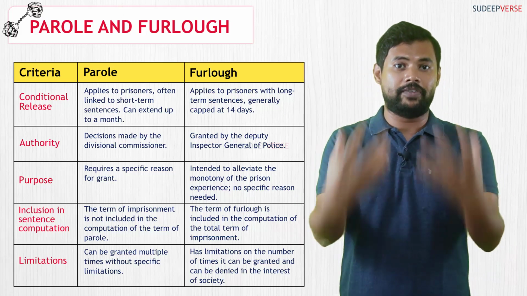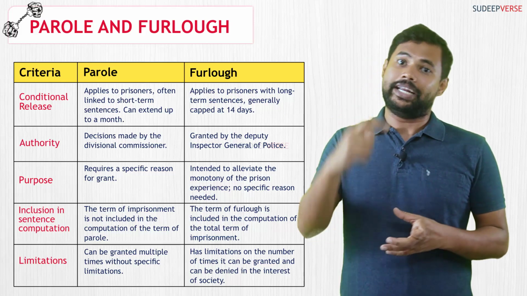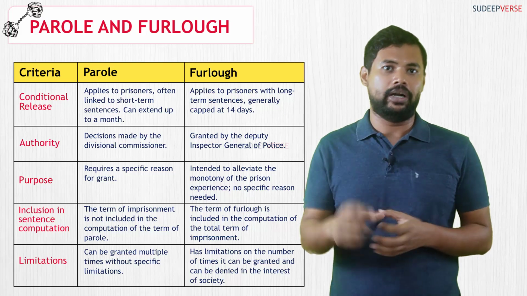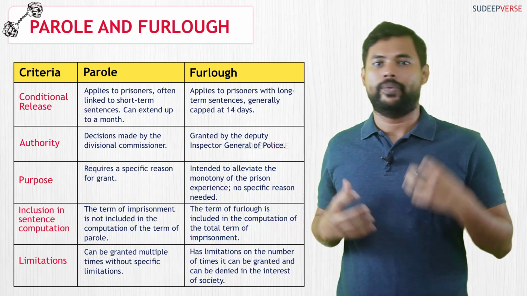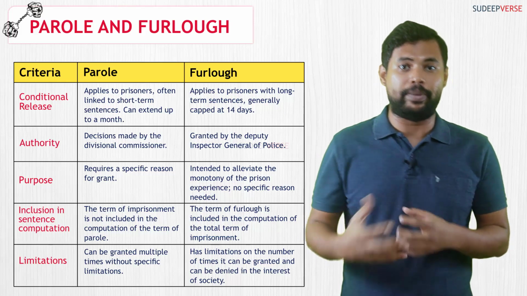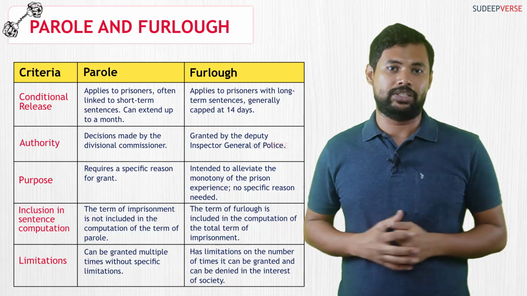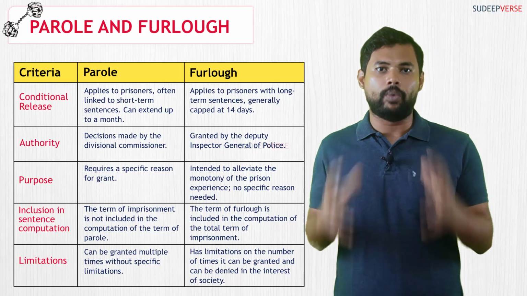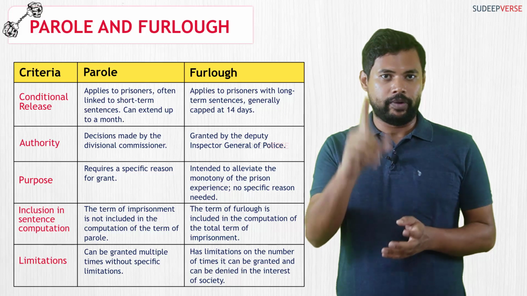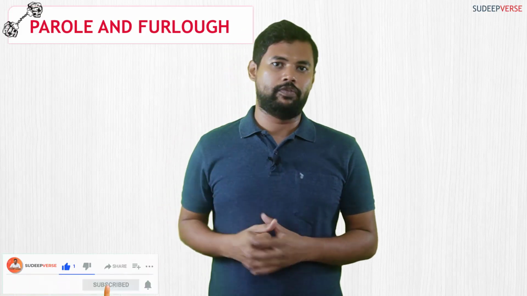However, though it is given as a matter of right, in certain circumstances where the crime is heinous, it can be denied. And as I told you, furlough has limitation, whereas parole does not have any limitation. Furlough has no reason and can be given as a matter of right, whereas parole needs a specified reason to be given. So overall, these are the differences between parole and furlough. I hope it was helpful. Please make sure that you get more clarity with it. These are the factual dimensions that you need to cover whenever you come across a concept while preparing for prelims.